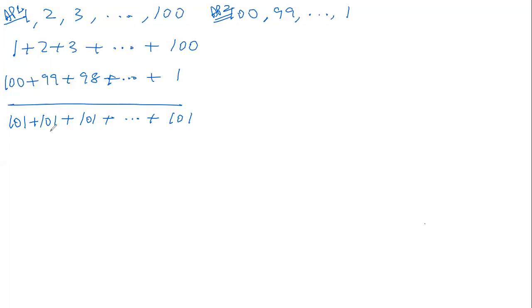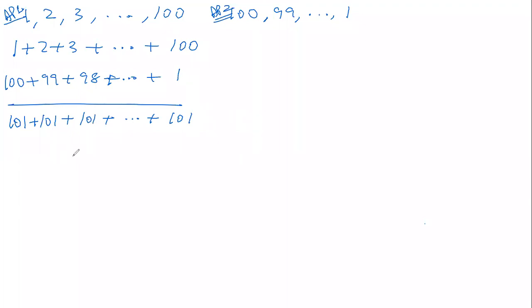And this will be the case with whichever AP we take, because we are adding the same numbers, we have just changed the order. Yes, we will only get 101 in this case. Now, if I ask you to add these 101s, how many 101s are here in this addition? Let's see who tells me the answer fastest. How many 101s are there? Very good, Akhilesh, Rajesh. There are 100 101s.